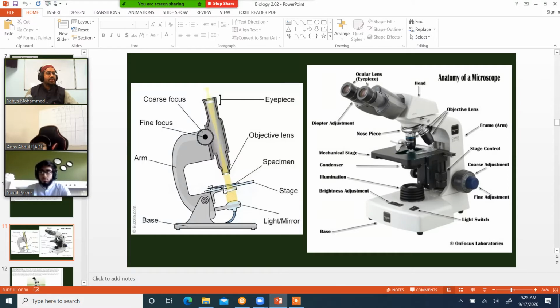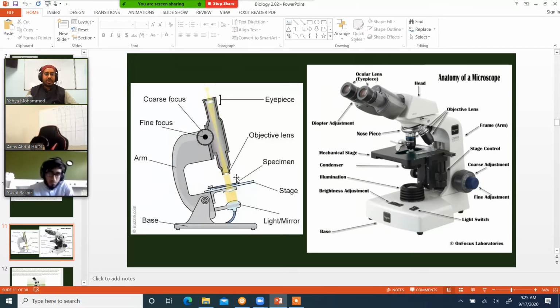So in this case, do you think the specimen has to be thick or thin? Freeha, what do you think? Thin. Make sure this is unmuted. Do you think the specimen should be thick or thin for the light to go through? Thin, right? So they call them thin sections. You have to try to make it as thin as possible.